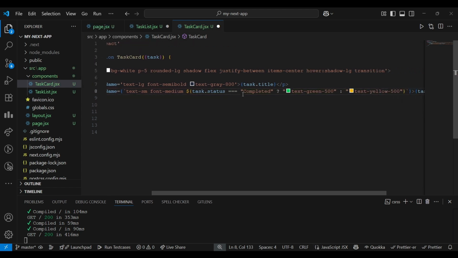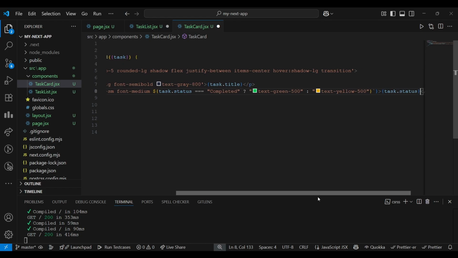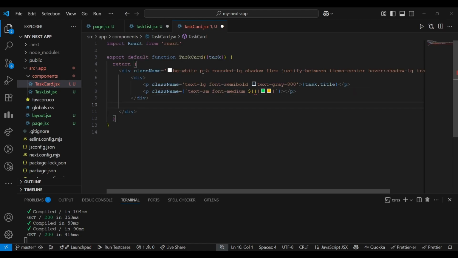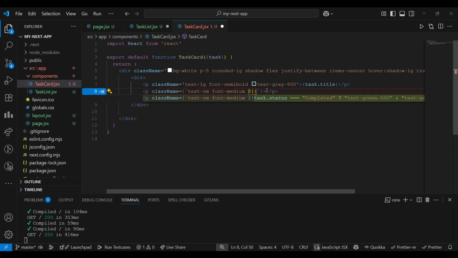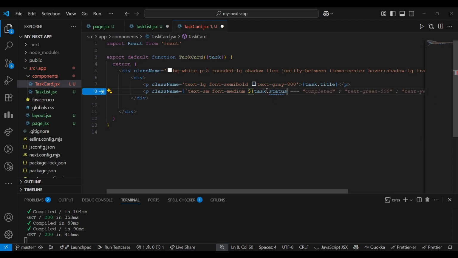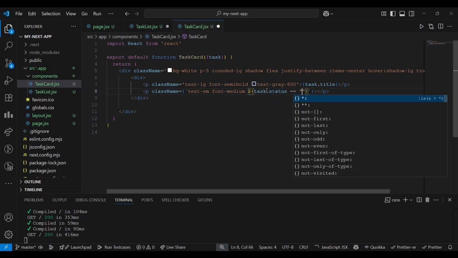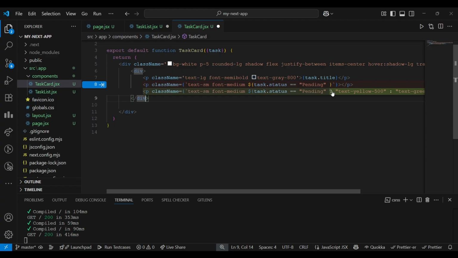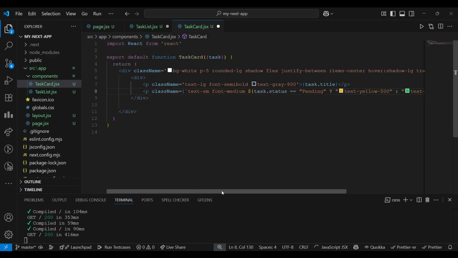If the task status is completed, it will be shown in green color. If the task status is equal to pending, it will show in the color of